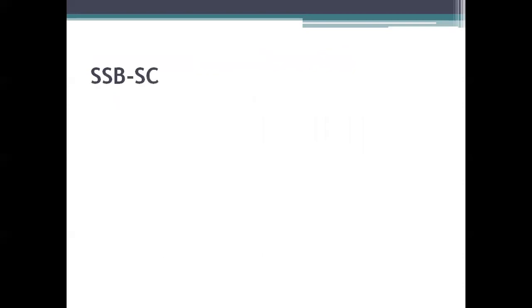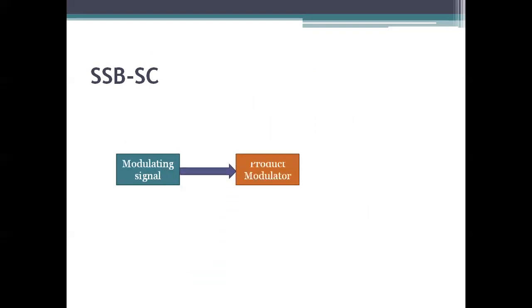So let's have a look at its block diagram. It consists of the modulating signal, that is the information. That information along with the carrier is applied to the product modulator. Now the carrier is a signal which has a very high frequency, used to carry the modulating signal, and these two signals are given to the product modulator. The product modulator is a type of modulator which is responsible for generating the double sideband suppressed carrier. So the output of the product modulator is a double sideband suppressed carrier, which has both sidebands, upper and lower,